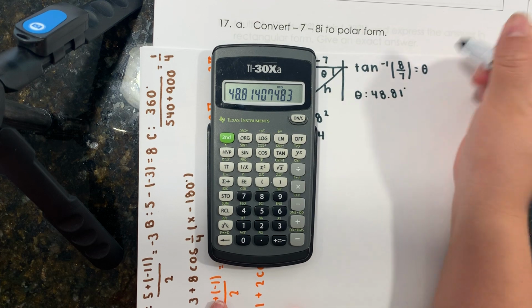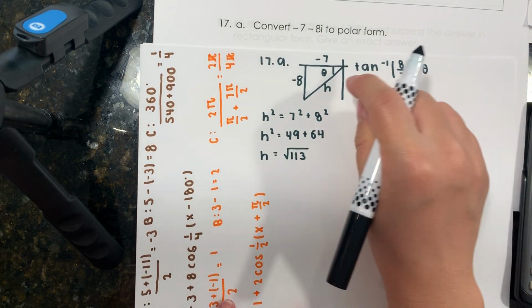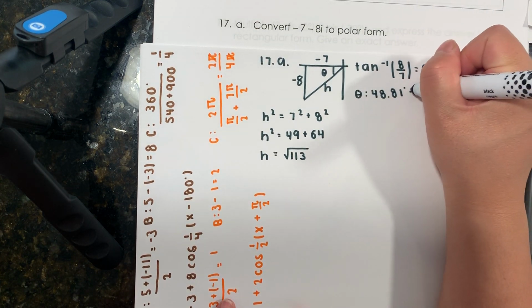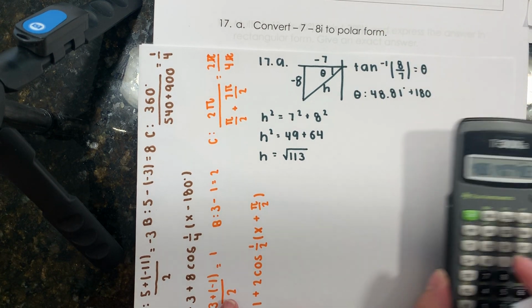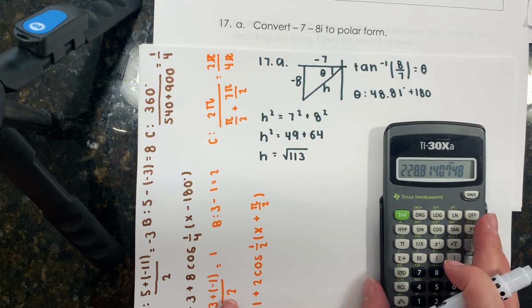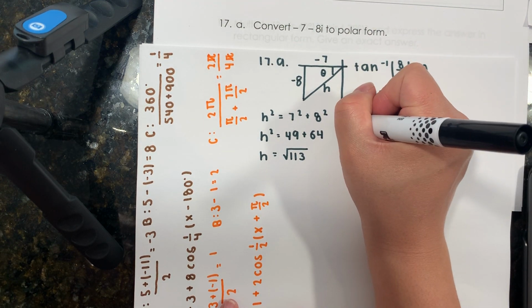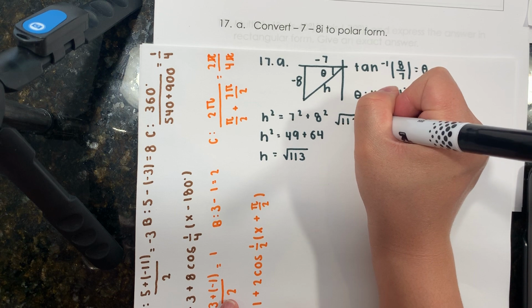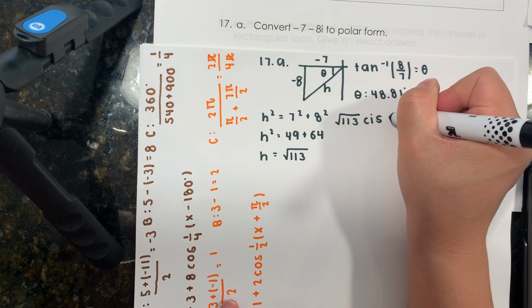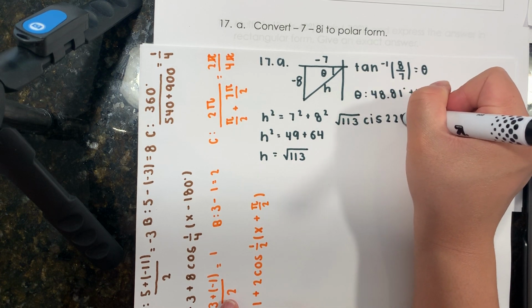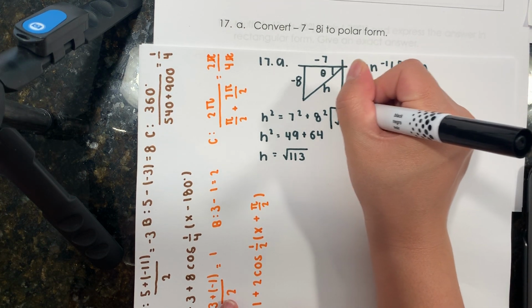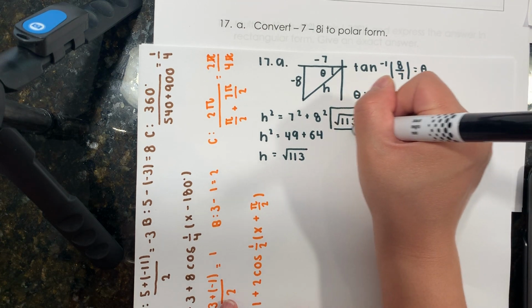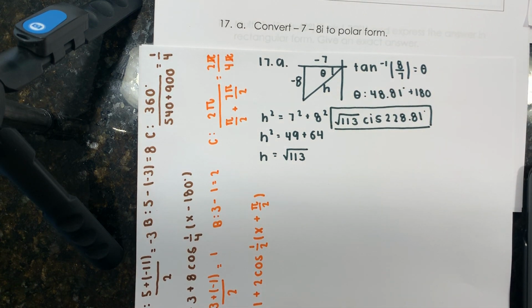48.81 degrees. It's in quadrant 3 though, so I have to add 180 to that so that I know the distance from the origin to there. So I'm going to add 180, and that would give me a result of square root of 113 CIS 228.81 degrees. If you wanted to write the decimal number for that square root of 113, that also would have worked as